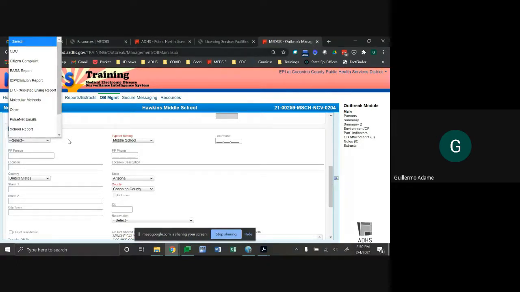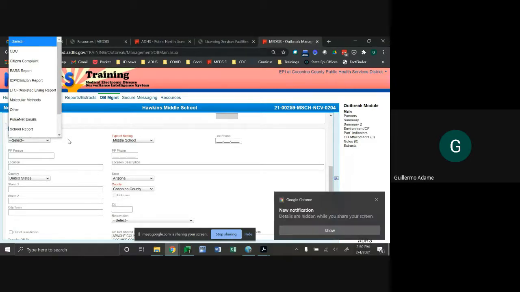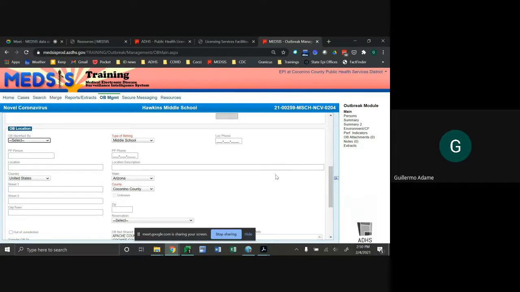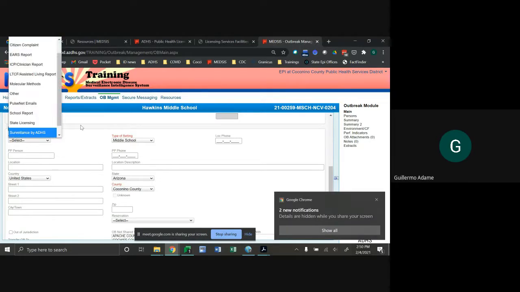A few of the more commonly used options for COVID outbreaks include the ICP/clinical report. Select this option if the outbreak was reported to the local health department or ADHS by an infection control practitioner or clinician. We have school report.